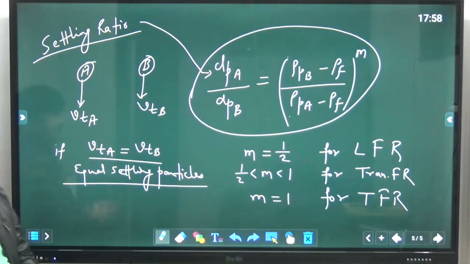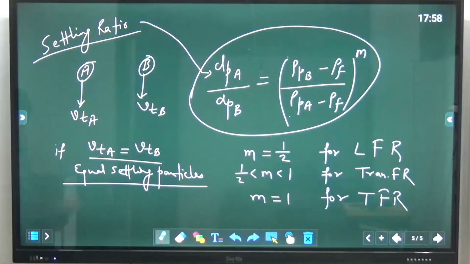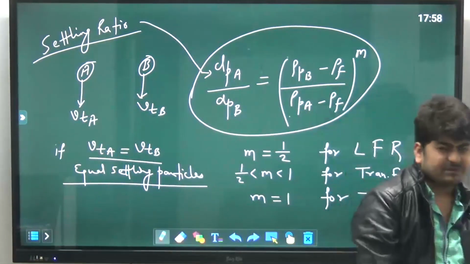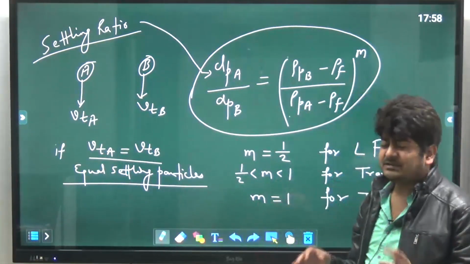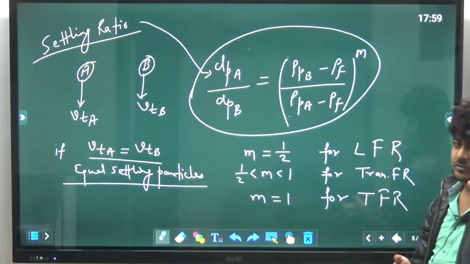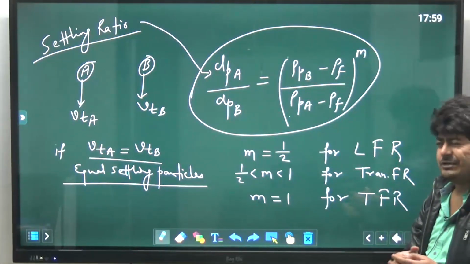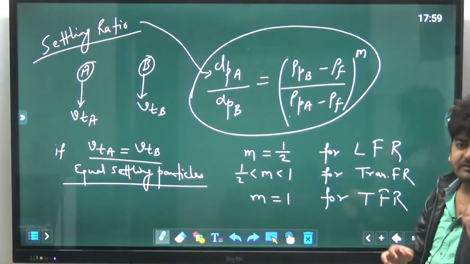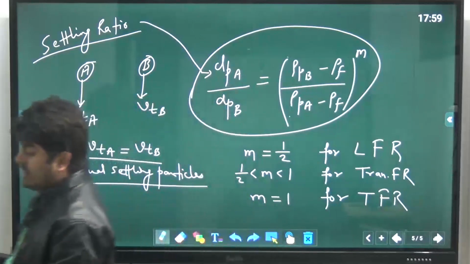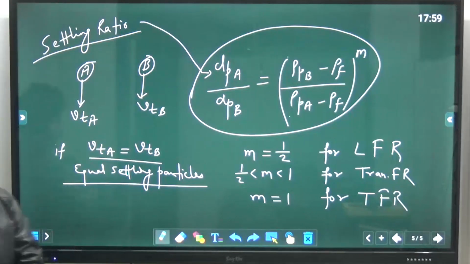And what is the significance of this? Okay, so you can understand that easily. We will do a numerical on this settling ratio. There was only one question in the entire 30 years. If I see the last 31 years, from 1990 to 2020, they have asked only one numerical on this settling ratio. They have asked 2-3 questions on it, but only one numerical. So we will discuss that numerical here, so that you will be able to understand the significance and the application of this point, settling ratio.